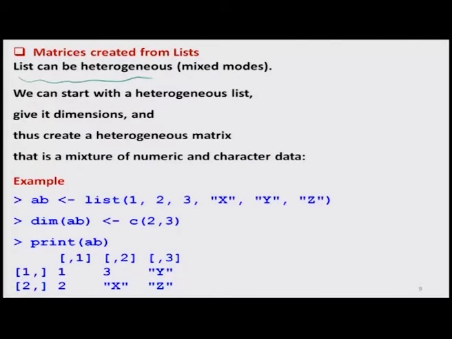We have understood that list can be heterogeneous. What do you mean by heterogeneous? That means the entries inside the list can be of different modes. There can be mixed modes, right. So, the question is that suppose I have got a list